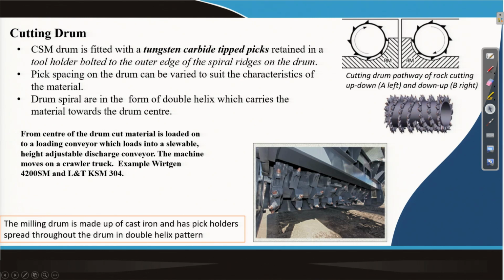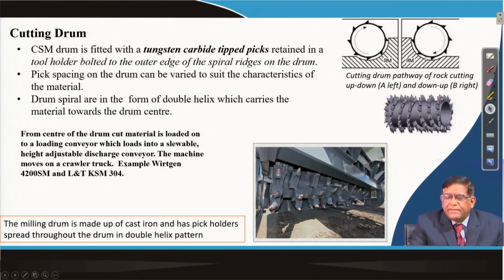Now, the pick can be of different types, but there are tungsten carbide tips. When this cutting drum rotates upward this way, it is cutting from here at the bottom, and here it is taking up the material.